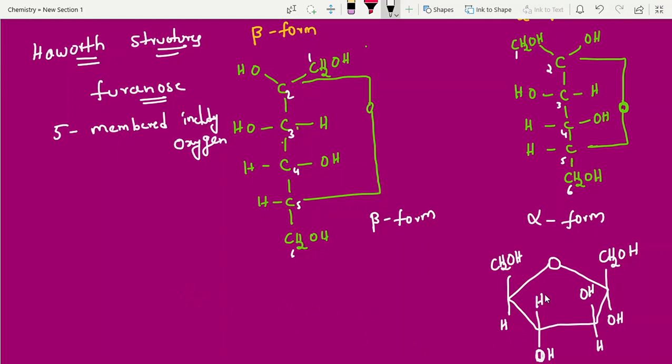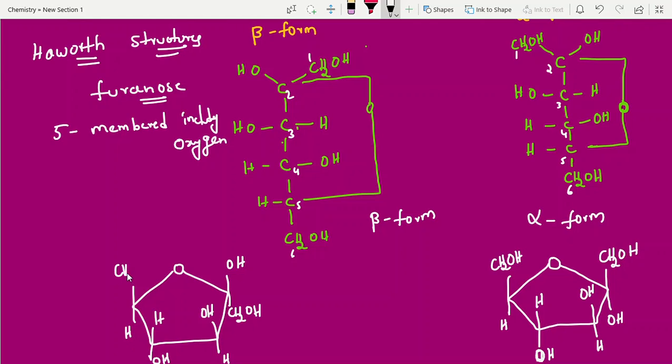Now next one, alpha form. Beta form also you can write. See, only one carbon difference, right? That's it. Now look into this. Your CH2OH down. This one we are using for sucrose preparation. Beta form. Beta fructose. Okay, write down beta furanose or beta fructose. Now here H down, OH top, and OH down, H top. Next here H, CH2OH. That's all, students.